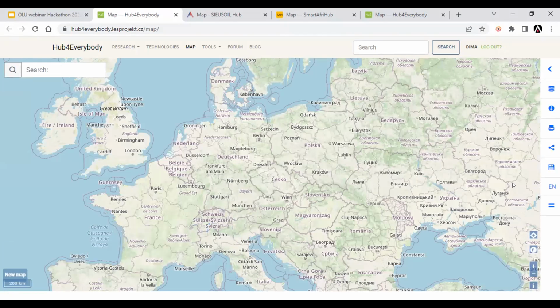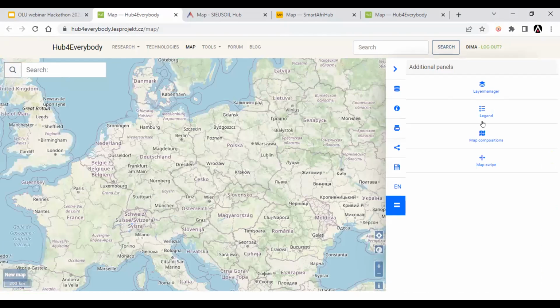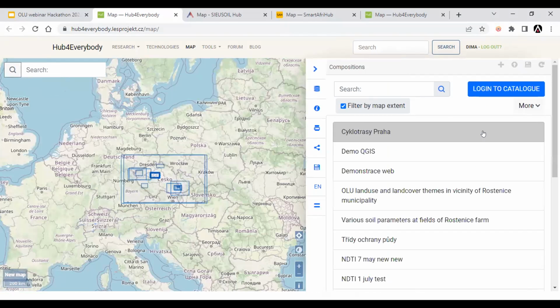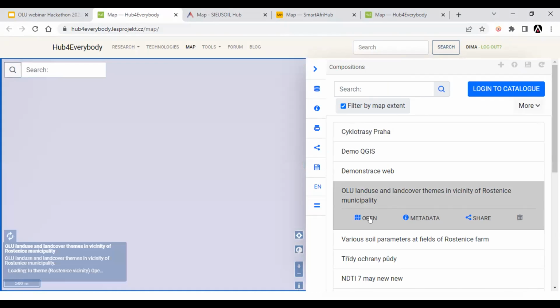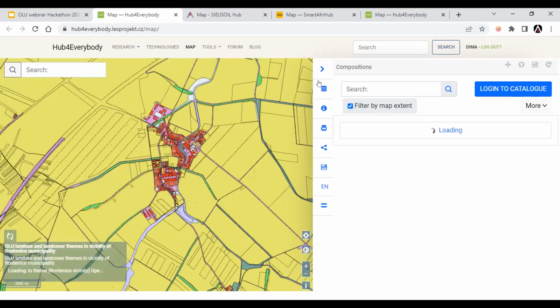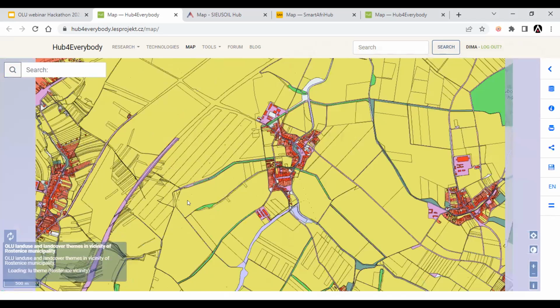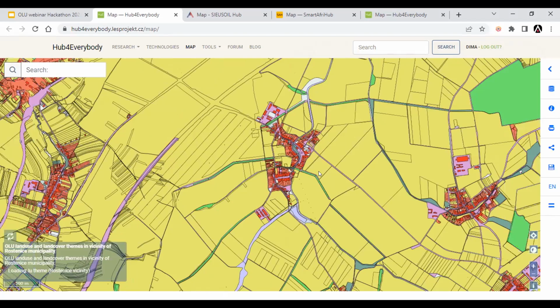Okay. So here is basically this hub for everybody, where everybody can register and create maps. So if you go to the map composition tab, you can see this list of compositions, and usually if it's some map composition that is using OLU, you can search for it by typing OLU in this search field. So you open this composition, and you can see the